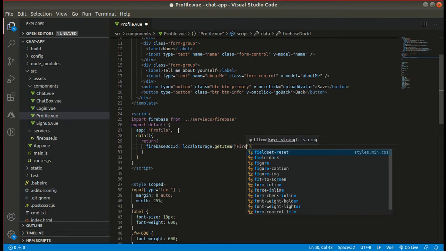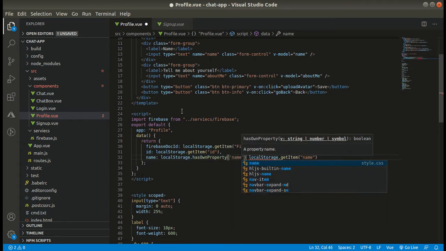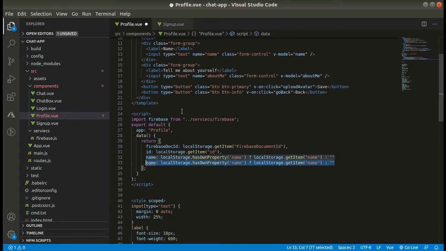One more thing, we need to keep a check whether our local storage has this thing. If it has the name, then only we will assign the name that we have, or else we will just give double quotes, an empty string. Do the same process for description.